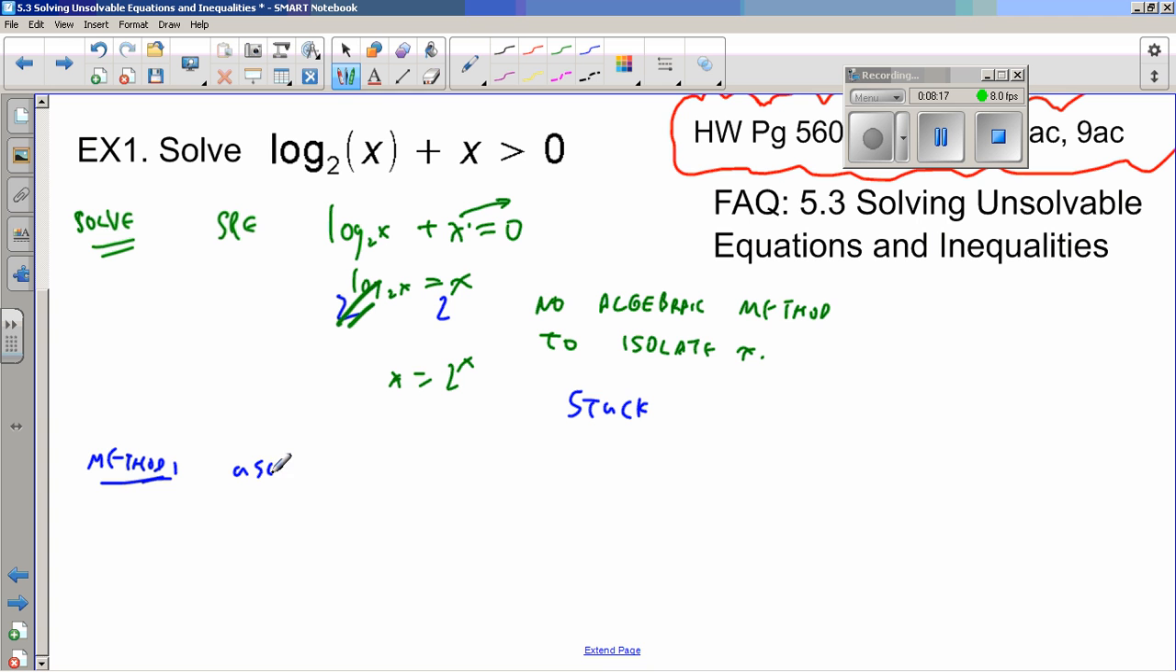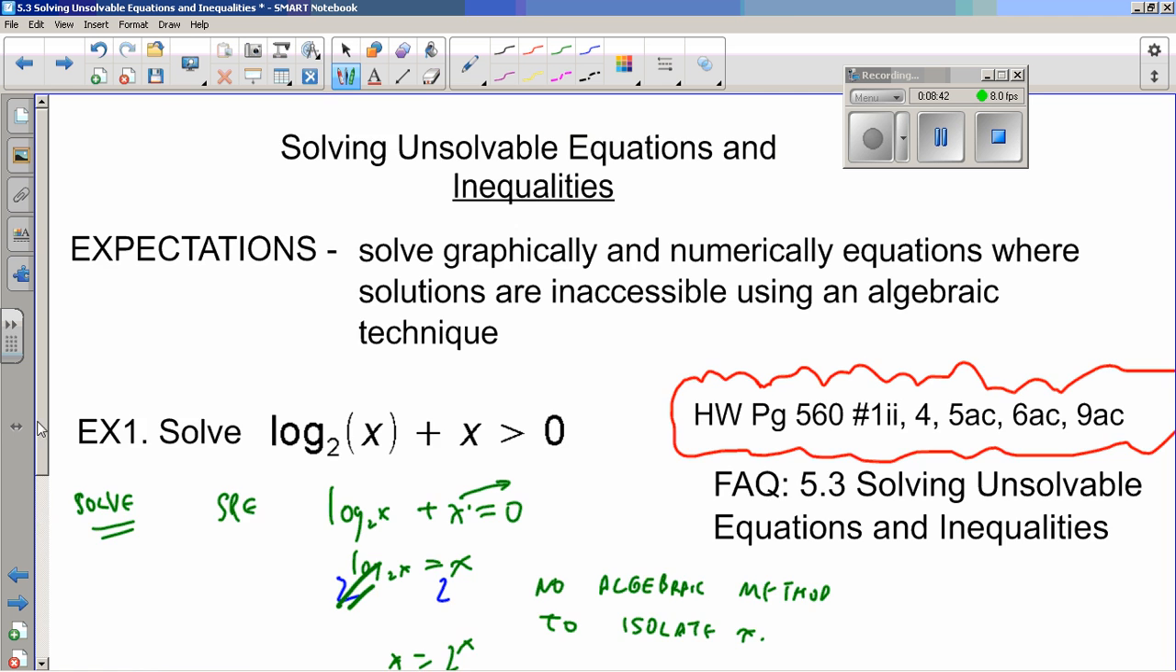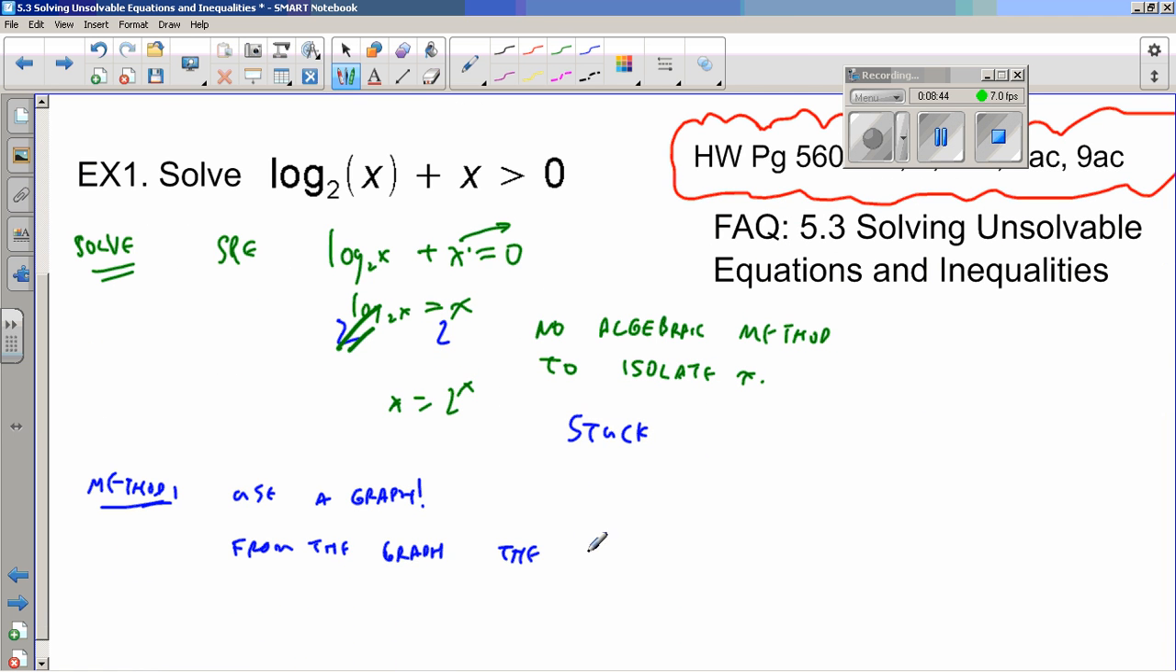is use a graph. And we graphed the left-hand side. The right-hand side is just the x-axis. So when is that green graph greater than 0? From the graph, because I had to state what my x-intercept was there, I'm going to say the solution appears to be greater than 0. Where is it greater than 0? The solution set is